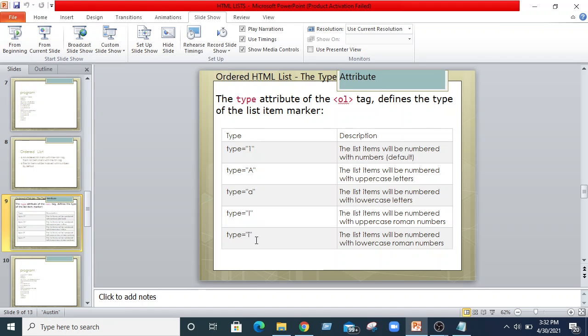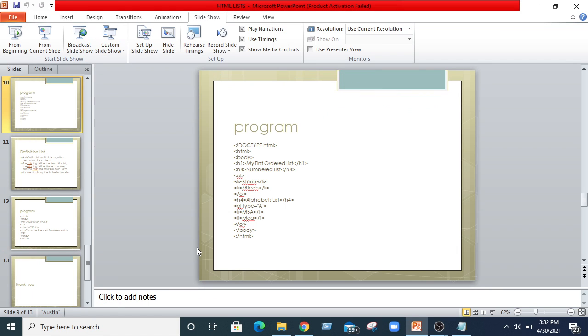These are the values we can give to the type attribute. In the OL tag we define the type of the list. Type is equal to 1, a, small a, uppercase Roman letter or lowercase Roman letter. In this way we can give the type of an HTML list.